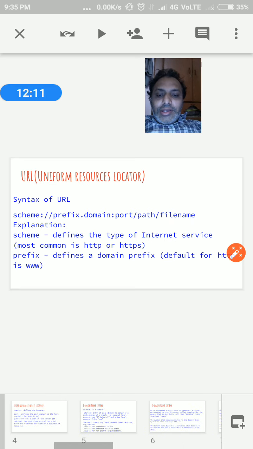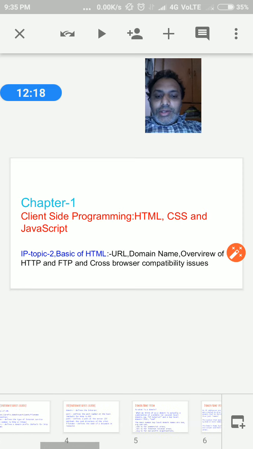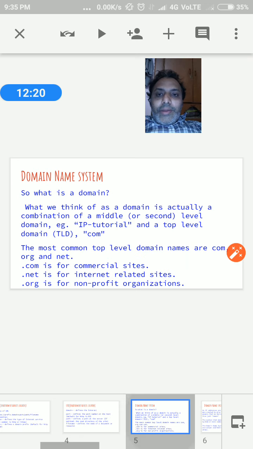The next topic is the domain name system. You already know about the domain name system, but before that let us give the meaning of a domain.